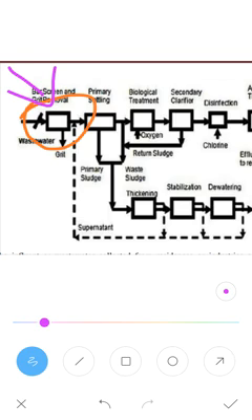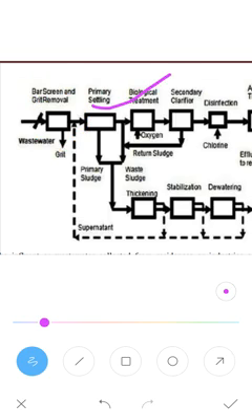Whatever water comes out from the screening tanks will be passed through this grit chamber, whatever I'm showing. That is a grit chamber, also called detritus tanks. That will remove the grits and the sand particles. Then the effluent which comes out of this grit chamber will be subjected to the primary settling tank.